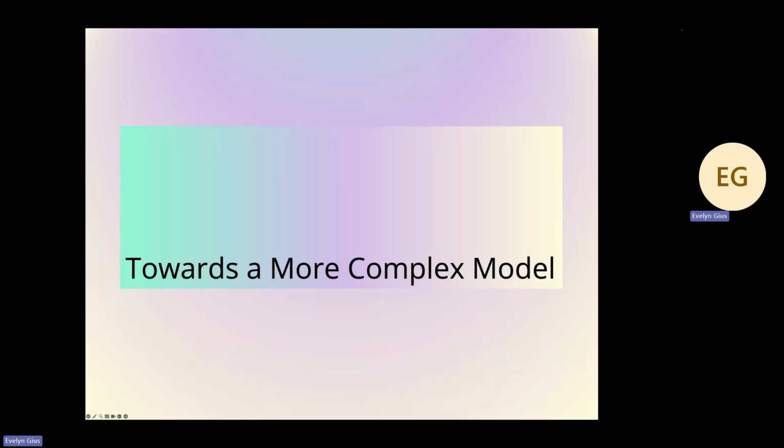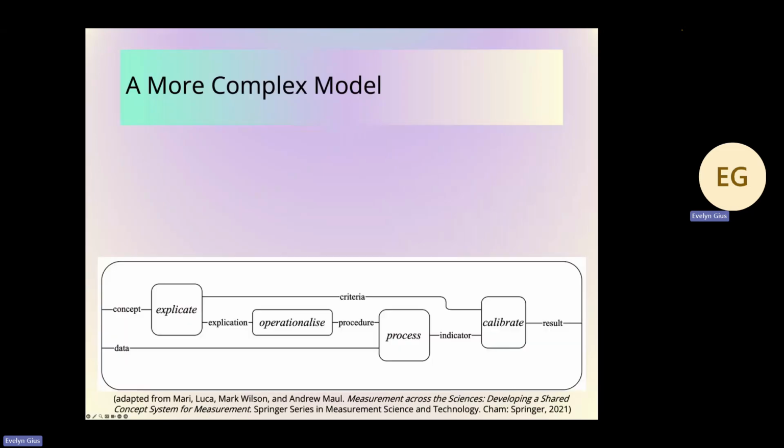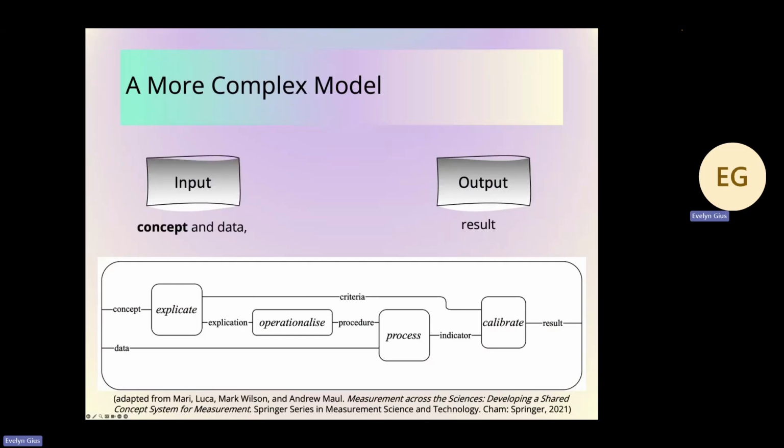So for going towards a more complex model, and that's the last thing I will be saying about this, it is important to acknowledge that the whole input-process-output thing is a bit more complicated. Output, still at this high level, of course these are sub-processes again, but I would say it is okay to say output are the results. For the input, it's not just data, not just text analysis, as I said in the beginning, it's also the concepts, right? So the understandings of the phenomena I'm looking for have to be a part of the input, because they have to connect the input to the output in the manner I tried to show before for the process.